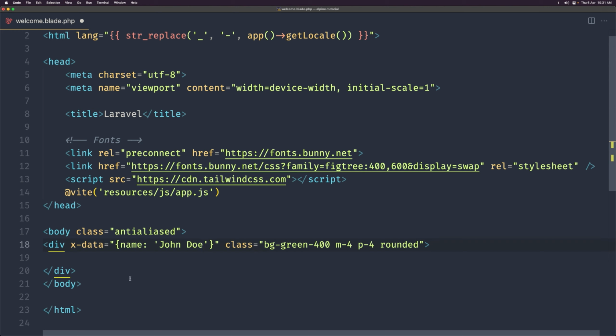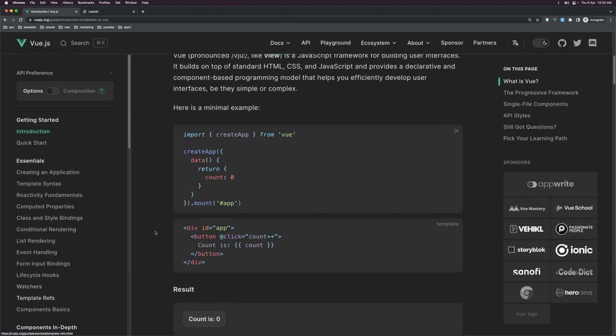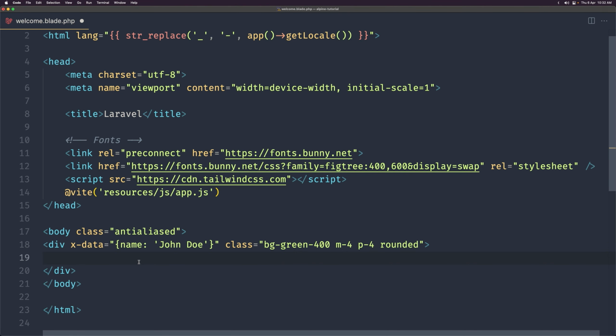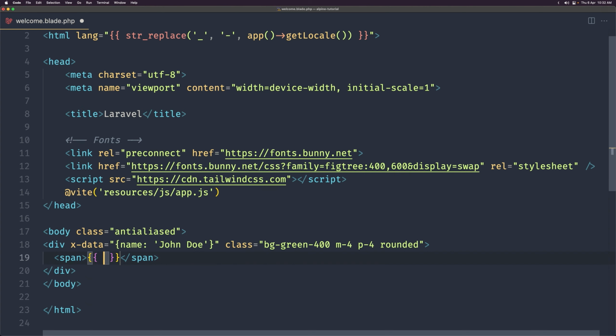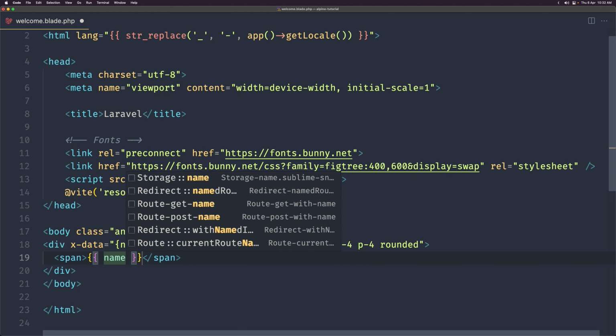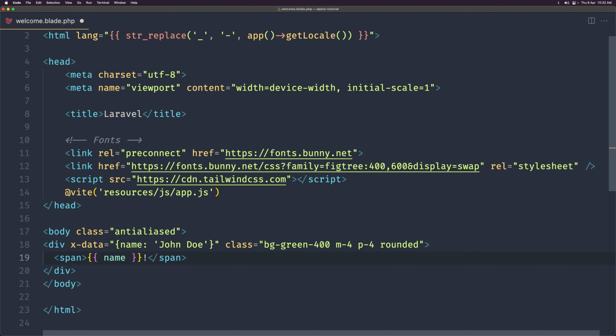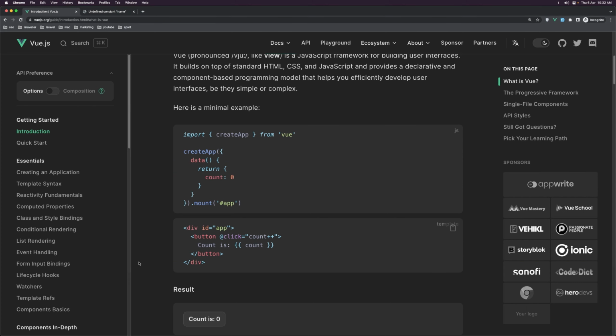And now how can we display the name inside the div? In Vue.js we can say it in double curly braces, but with AlpineJS, let's say I want to display it in a span. It's not going to work if I say just name like this. And also let's add here, because we are inside Laravel, and let's go and refresh. Yeah, we have an error,